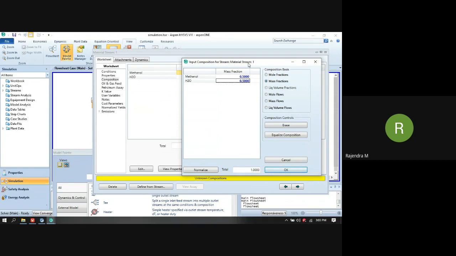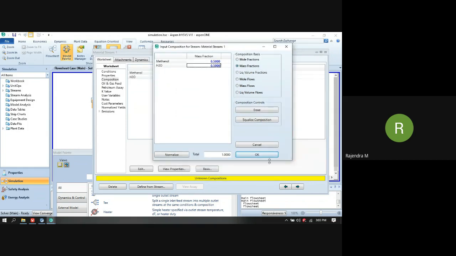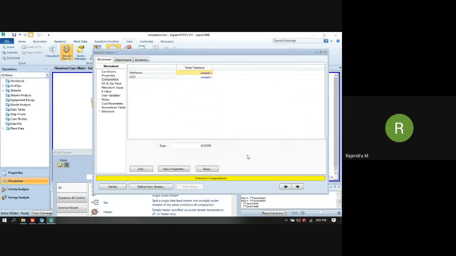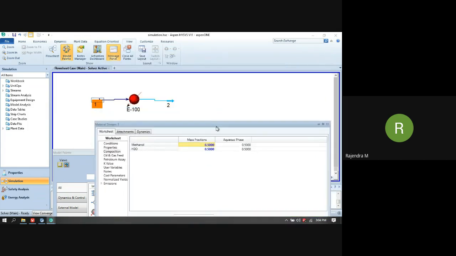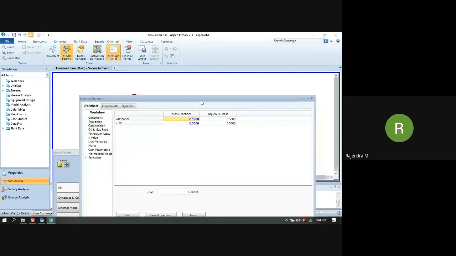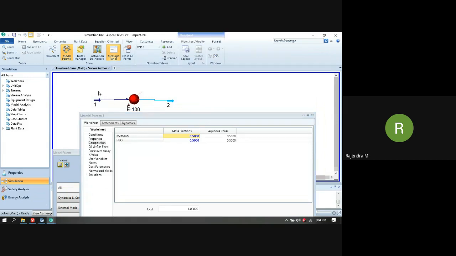Now you can see after clicking on this OK tab, the bottom composition strip has become green. It will show the message as OK. It means that we have provided enough information to converge this stream. So this object has been converged.